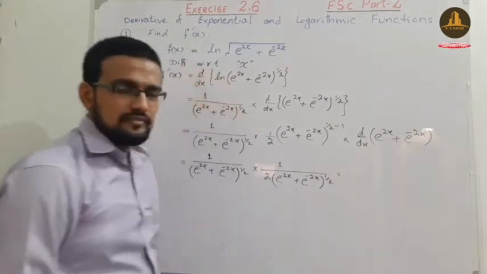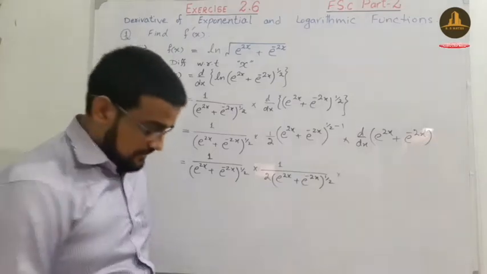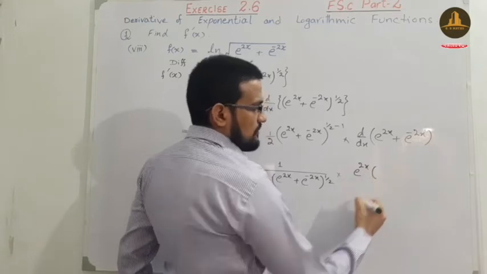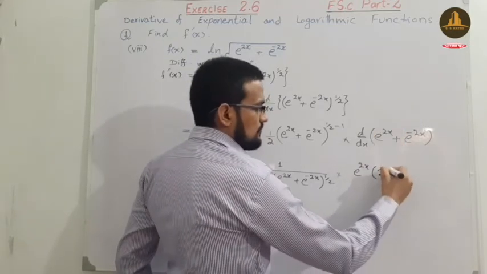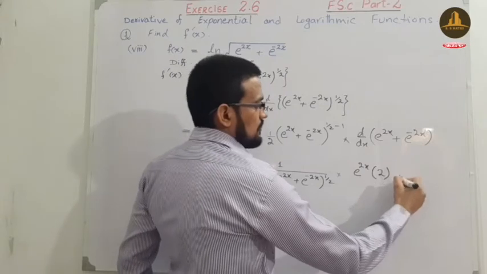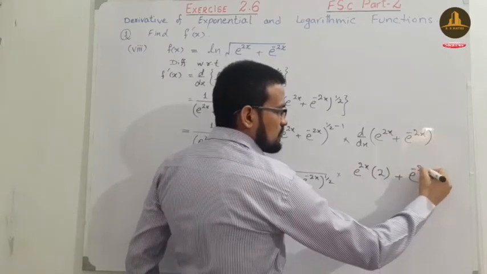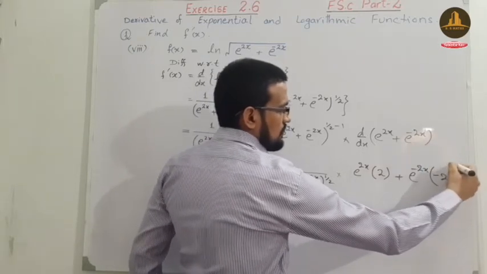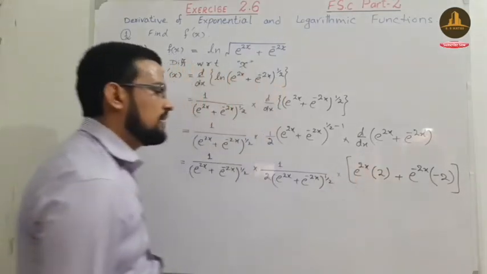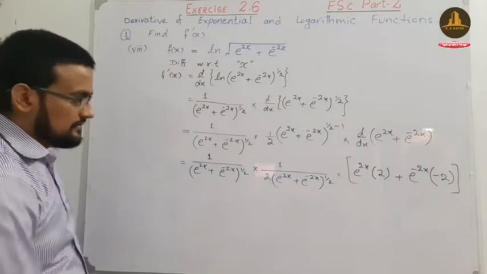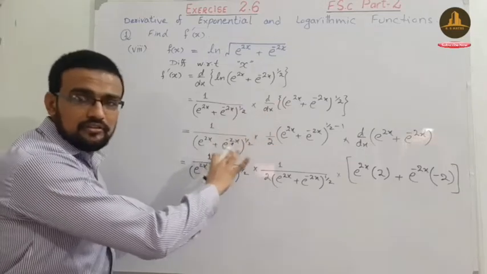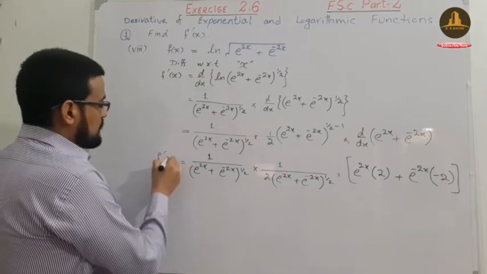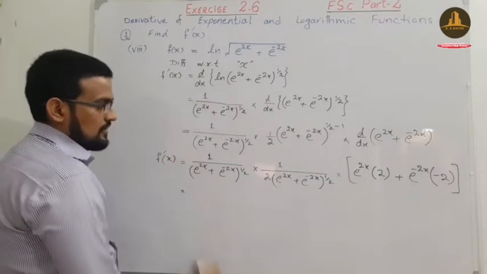Here the derivative of this: the derivative of an exponential function is this, multiplied with the derivative of the power 2. E raised to power minus 2x, and then the derivative of the power minus 2x means minus 2. Here student, okay, I hope you understand all these types of steps. This is f prime of x. So take, simplify.